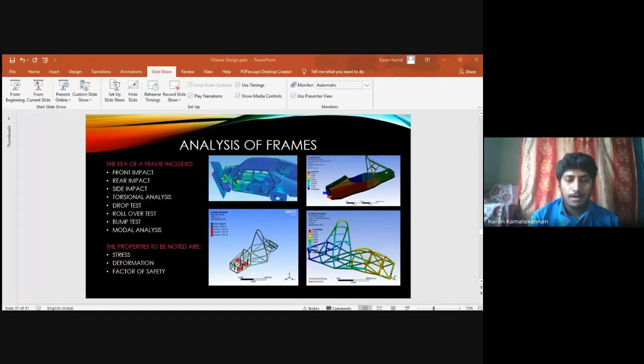For example, if you are modeling a frame and the impact criteria means it is taking only 200 megapascal, okay, if 200 megapascal is the maximum force experienced by the frame, you cannot go for a material having 720 megapascal as a yield strength. That is over designing. You can go with either a 300 or 450 megapascal material. Unnecessarily, you should not overload. You should not over design your vehicle.